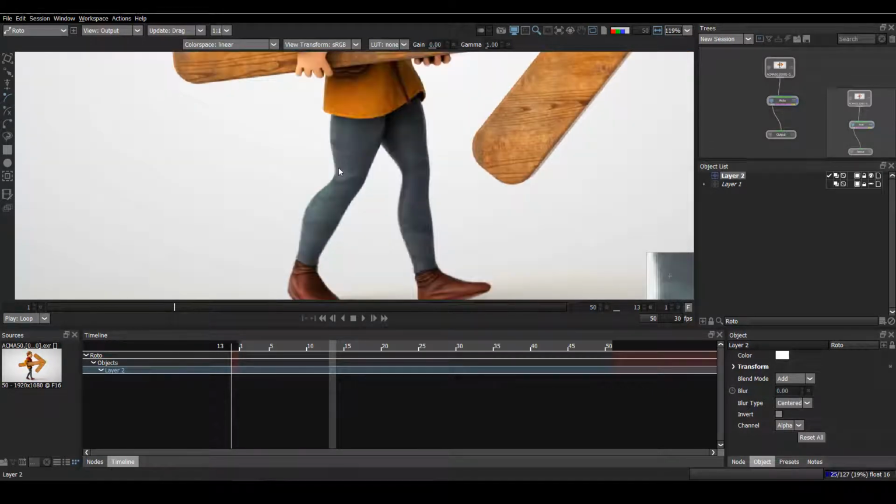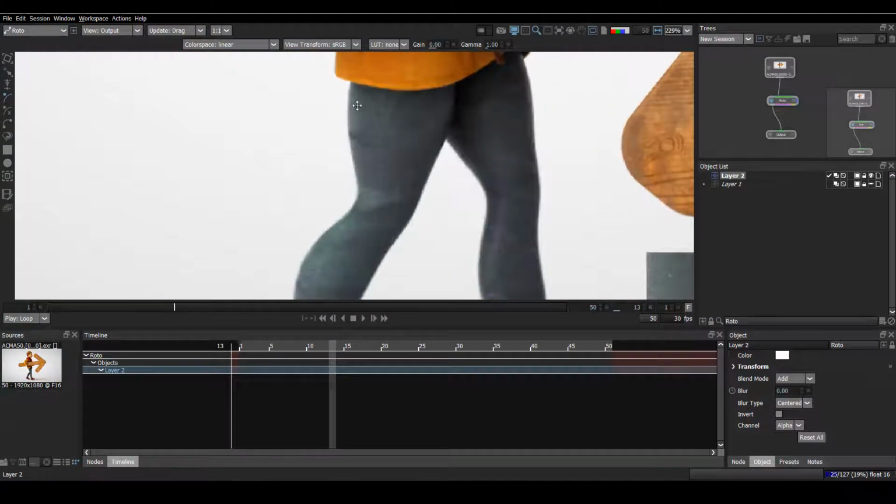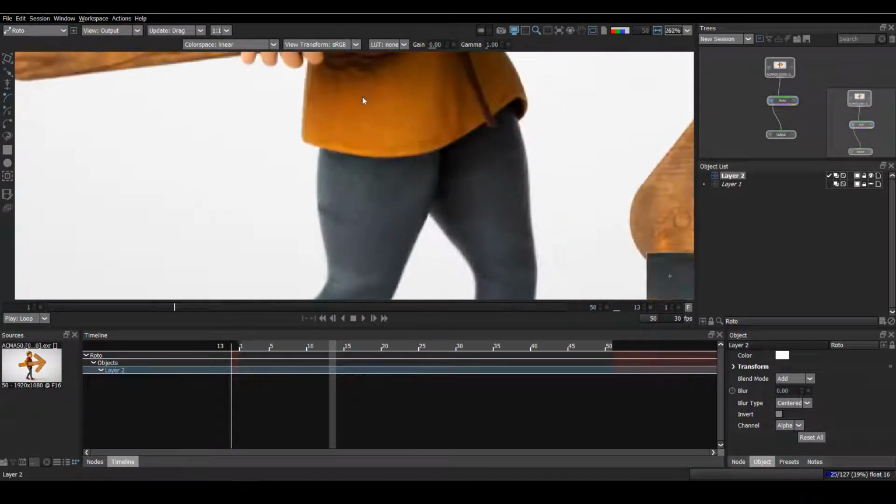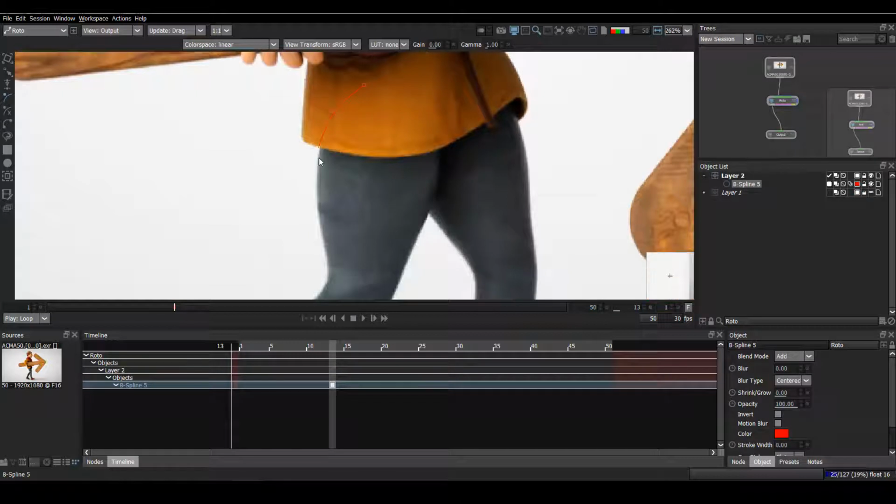I have shown you in one of my videos how to draw the shapes. If you haven't seen it, just check that video. Now let's draw the shapes. I'll start from here.